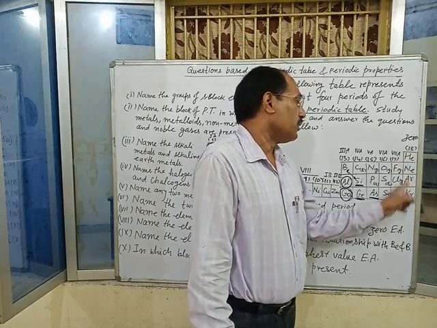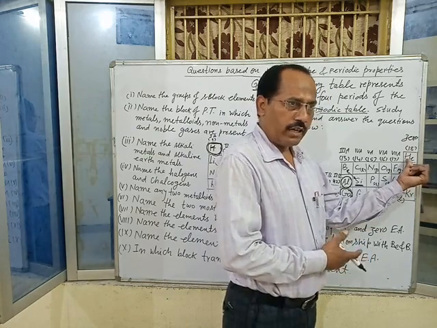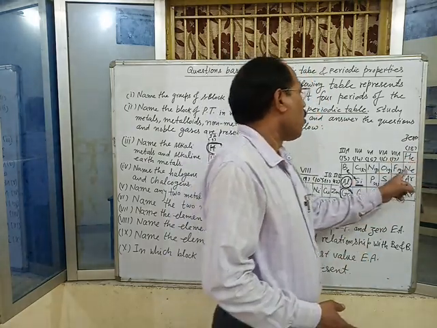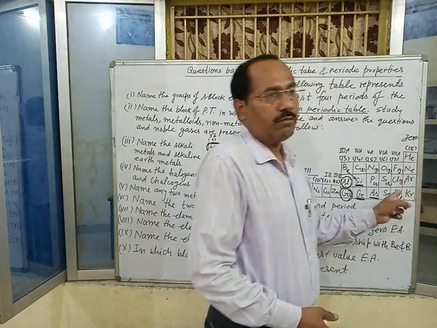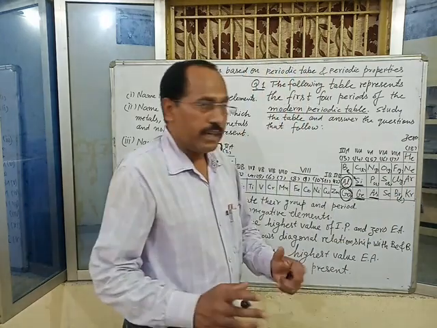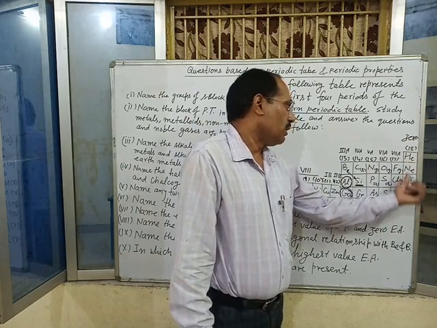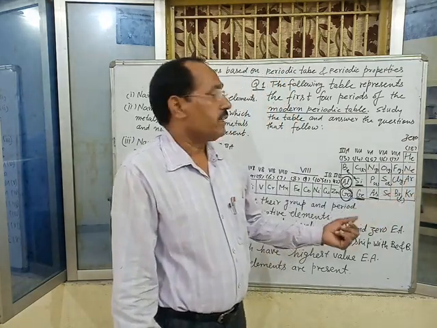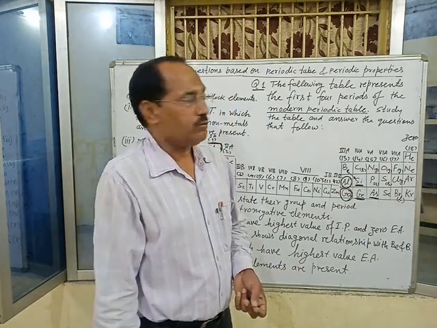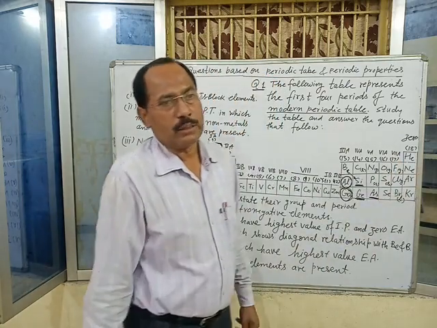In case of helium, a duplet electron arrangement is found, and in the rest of the noble gases an octet electronic arrangement is found. This is a stable electronic arrangement. Due to this, removal of an electron from their valence shell is very difficult and they show reluctance to gain an electron. That's why their electron affinity is 0 and ionization potential is maximum.